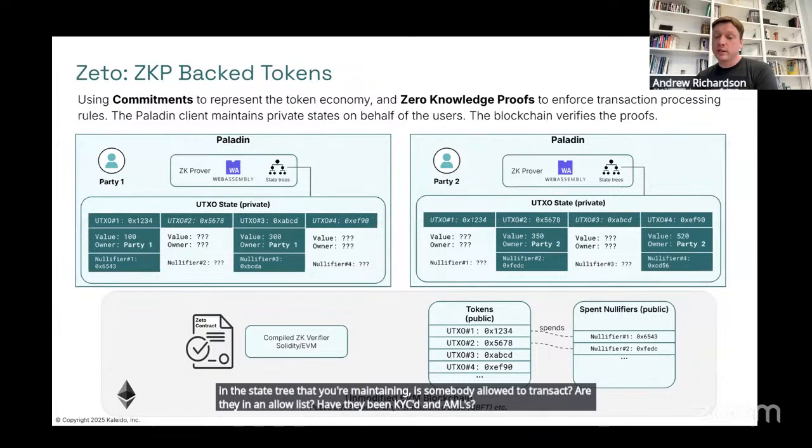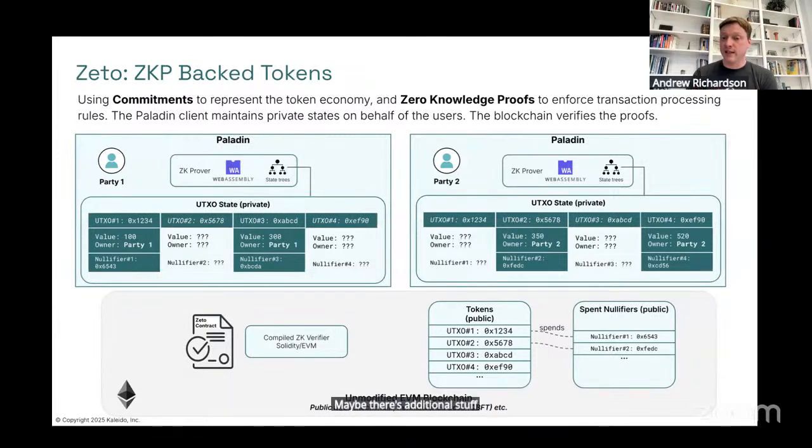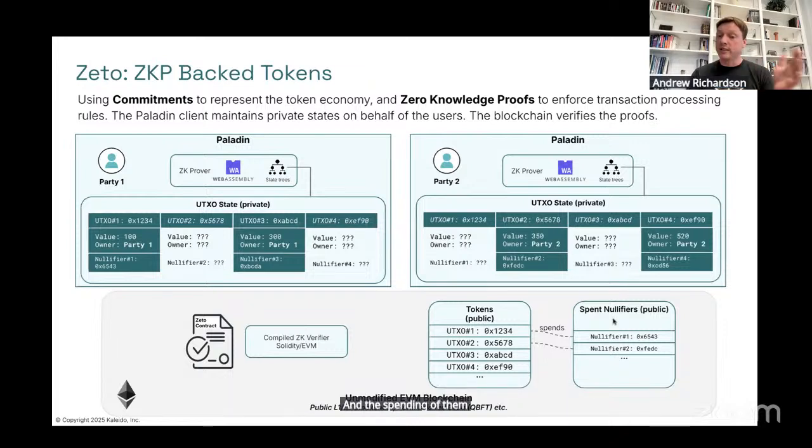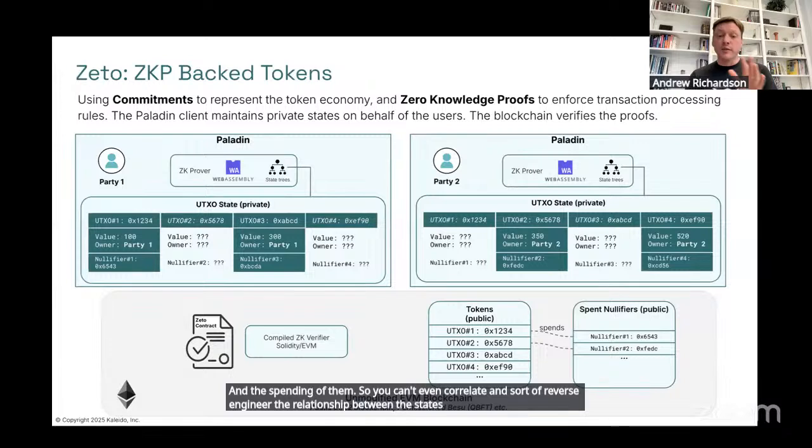Maybe there's additional stuff like read keys that are available to someone who's maintaining the network and wants to have a wider visibility into the transaction. And these things called nullifiers, which are very powerful, allow you to mask the relationship between the states that exist, the UTXOs that exist, and the spending of them. So you can't even correlate and sort of reverse engineer the relationship between the states. So there's a lot of detail there that we're not going into, but these worlds of zero knowledge proof-based tokens